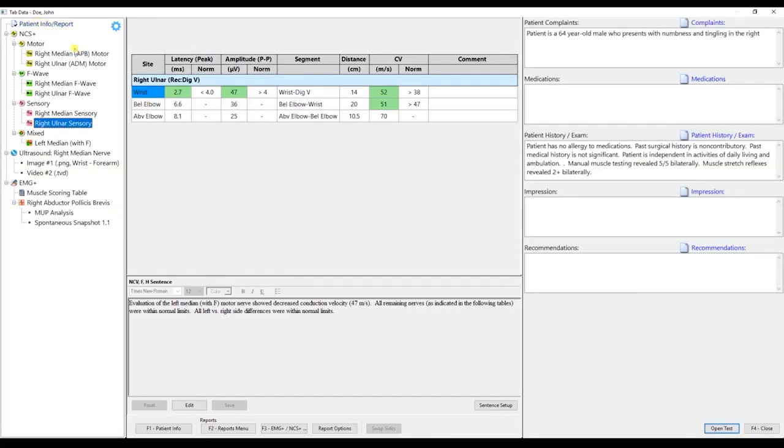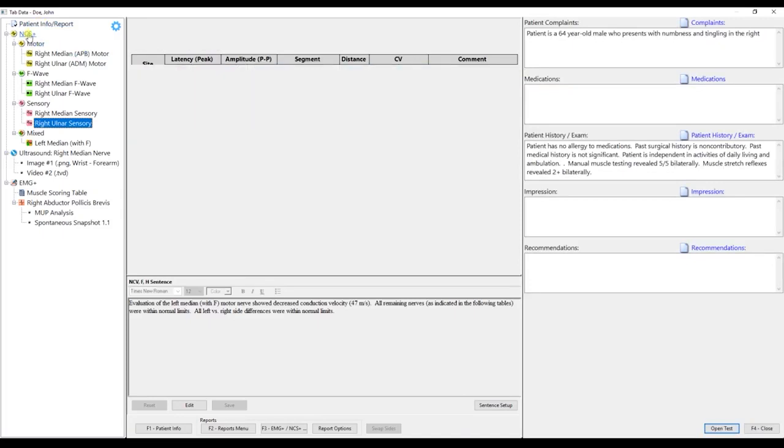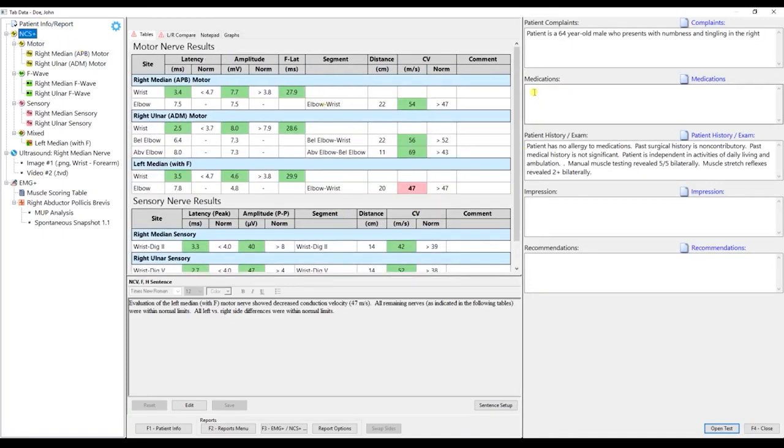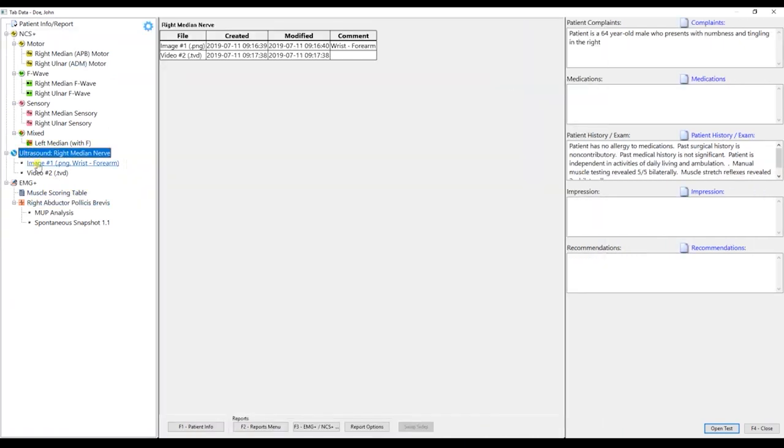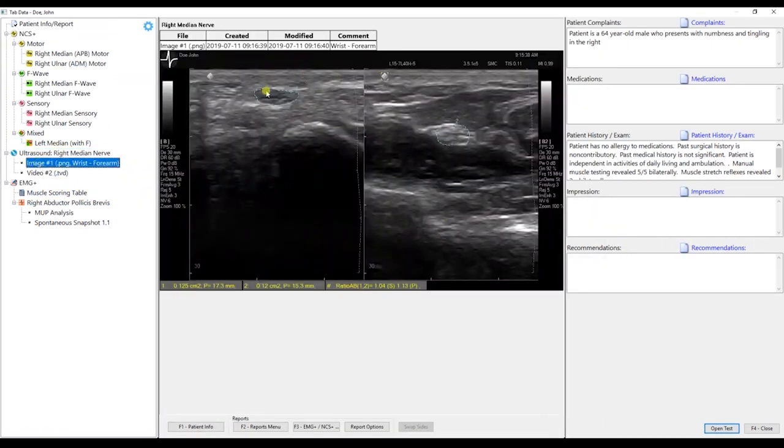So clicking back here takes me back to my report. So from here I can do NCS Plus here, which shows me all my results, and then I can look at the results tables and then go ahead and fill in my impression and recommendations of my report. Ultrasound also, we can see the ultrasound image right here and make sure that we agree with what we measured. We can look at the ratio and note the ratio in our report right here,